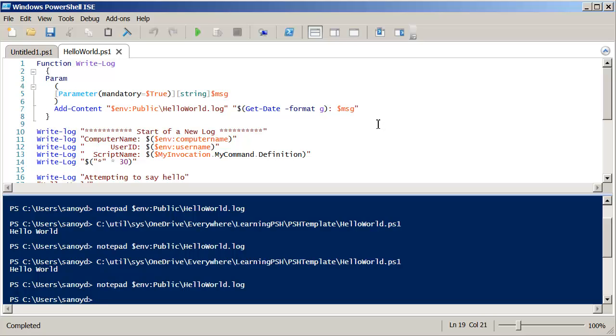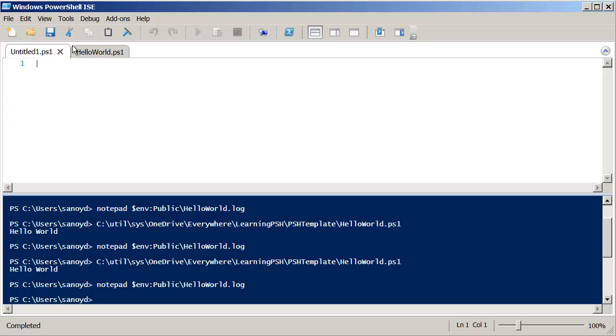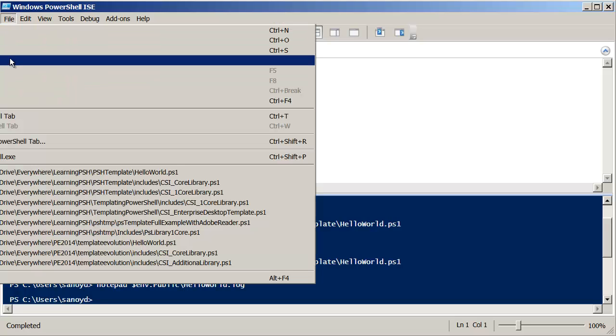The next step we're going to do is keep our main working script from becoming burdened with template functions. These functions have to be placed at the top of the script before they are used. So as we add more and more functionality, we end up building up a higher and higher level of additional code here. So what we're going to do is create a new library, and I'm going to do a